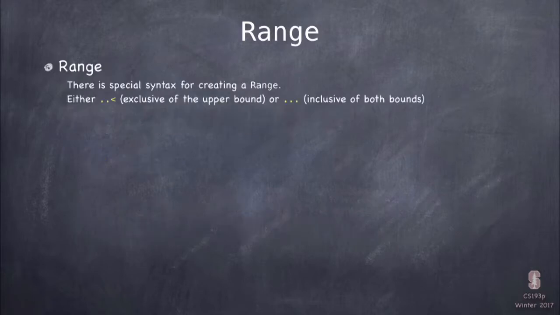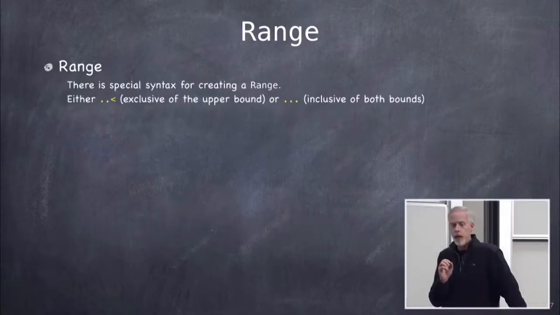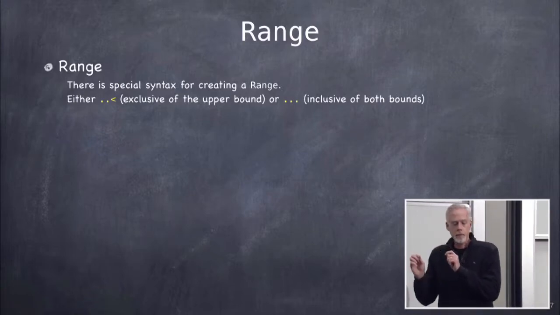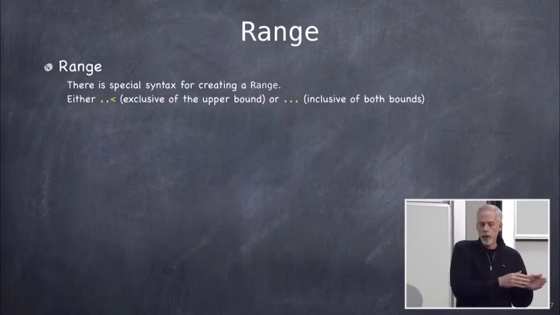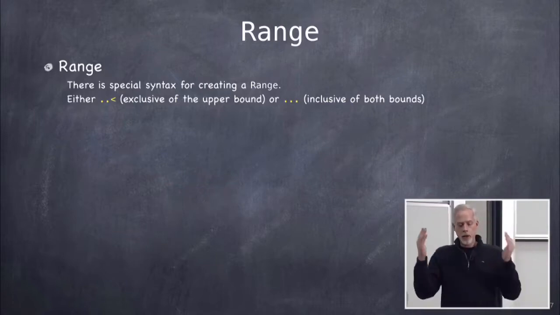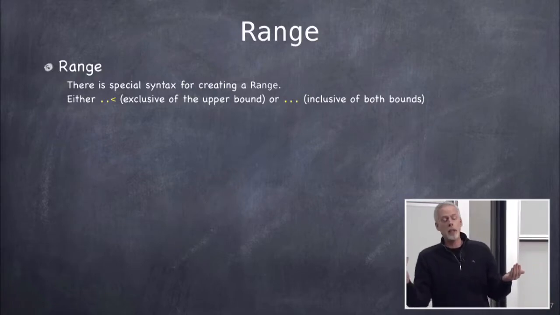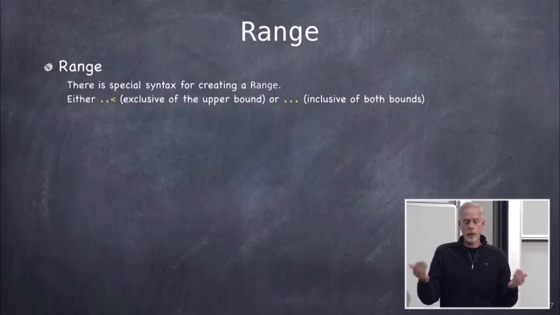There's a special syntax for doing range, okay, which is dot dot less than or dot dot dot. Okay, and dot dot less than means start in, and you put the start index and the end index on either side of the dot dot less than. And that means go from the start index to the end index, but don't include the end index. Not inclusive of it, and the dot dot dot